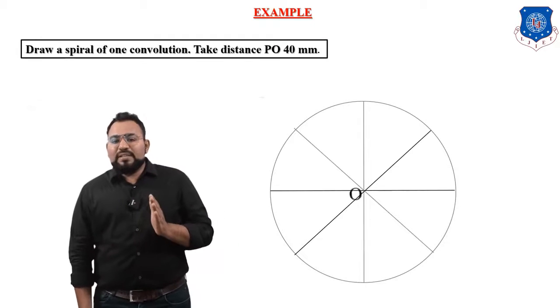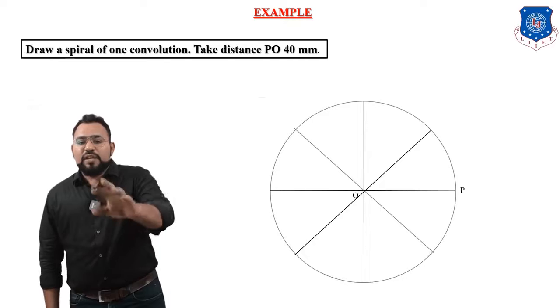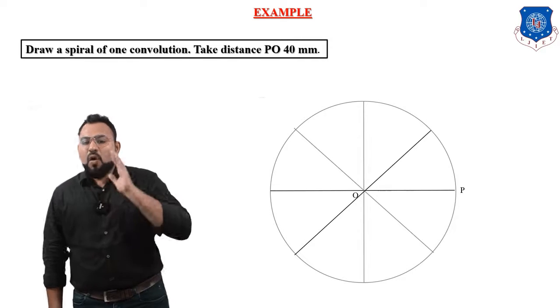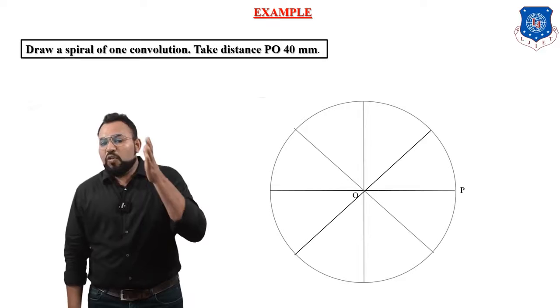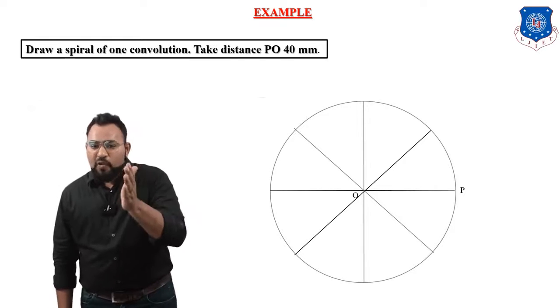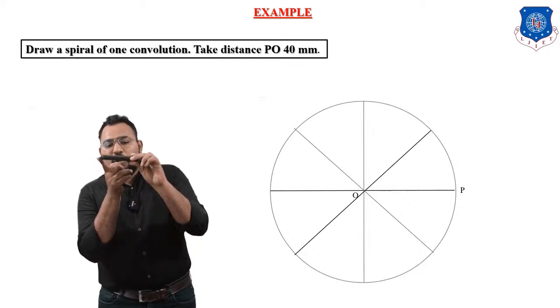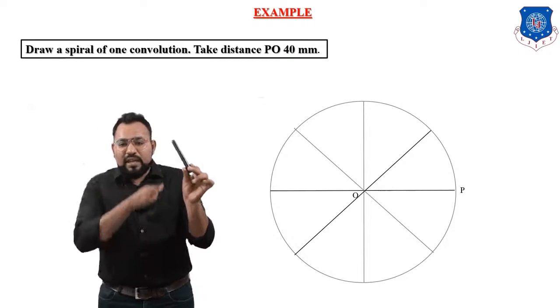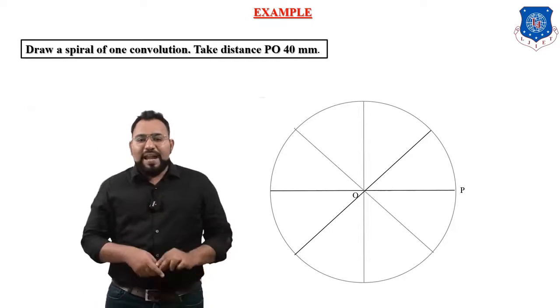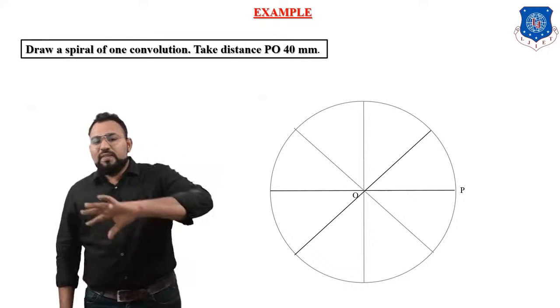Okay. Now let us define the OP point. So here you can see the center O, and the straight line OP, of which one side is fixed. Point O is fixed and the OP is revolving like this, 360 degrees. So it is making one circle, and we have divided this circle into 8 equal parts. Now we will give the numbering.